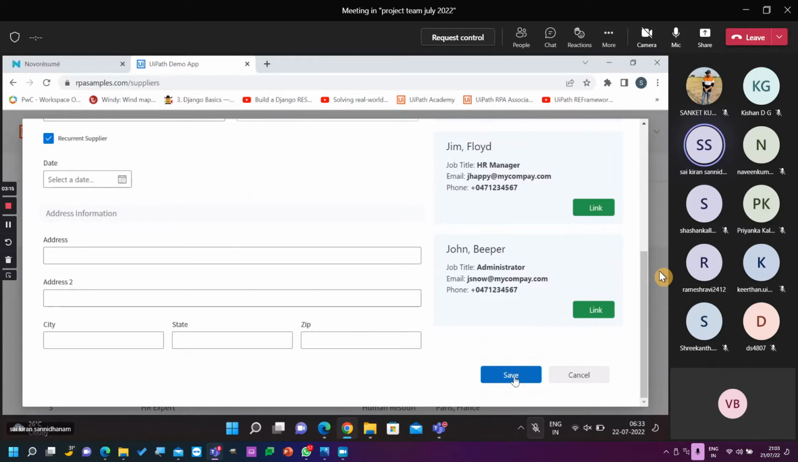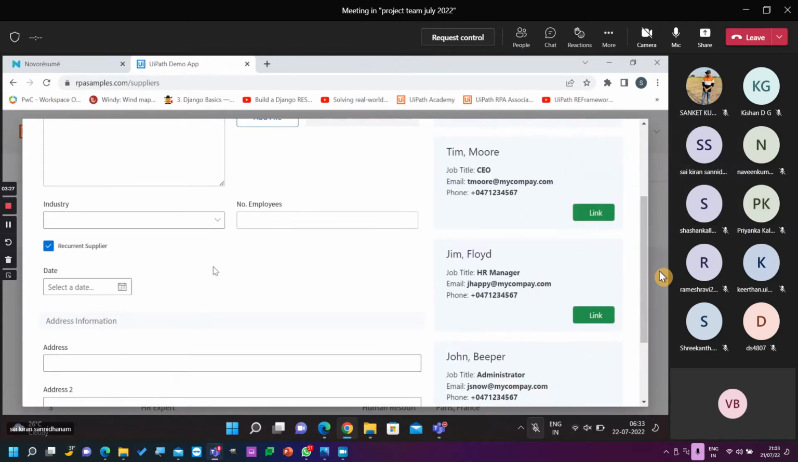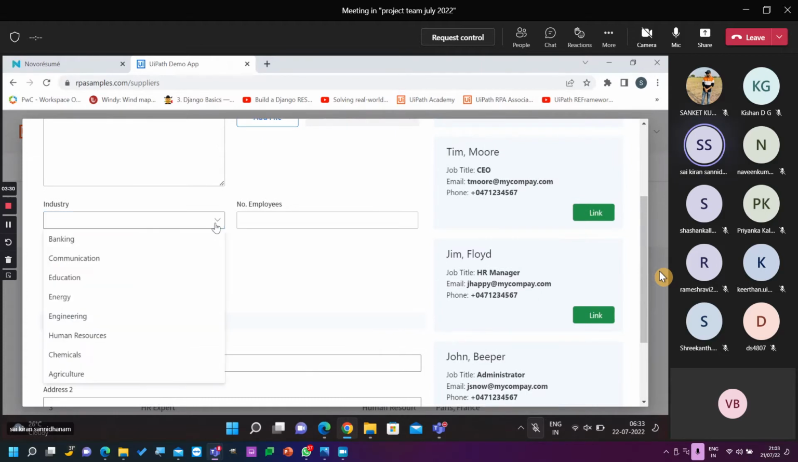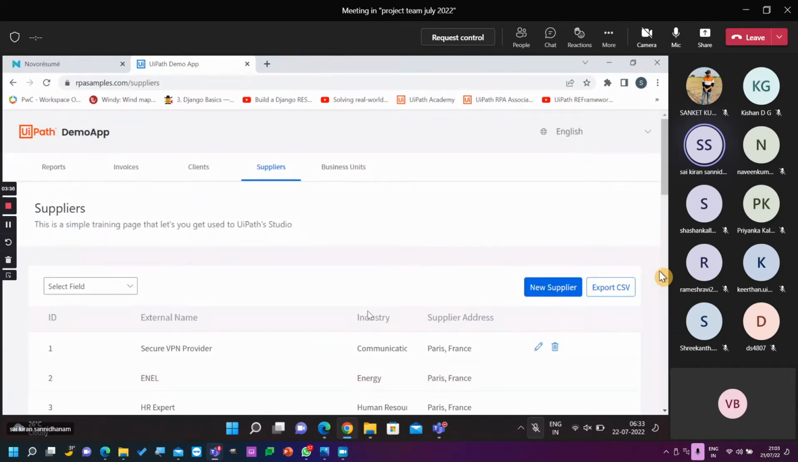Before that, the date should be 43 days before. And industry should be education. Industry should be education, yes, right. Then we need to save these details. Once the details are saved,